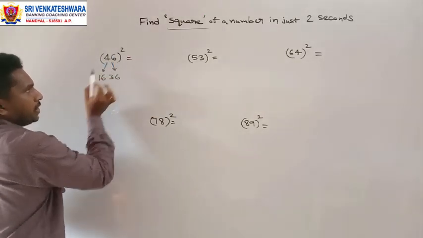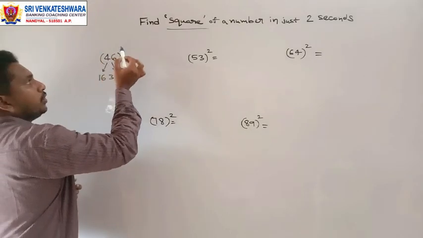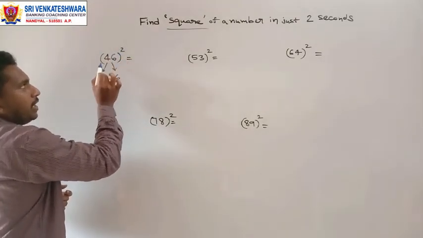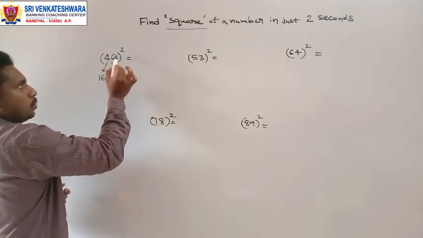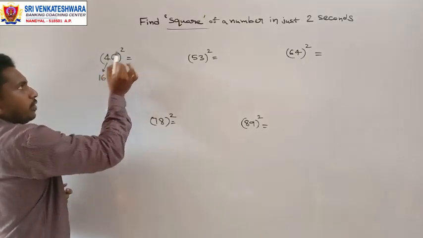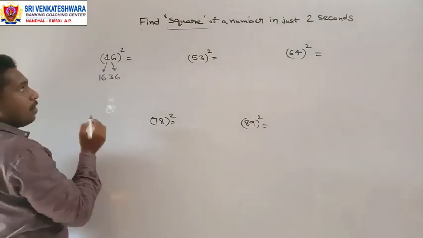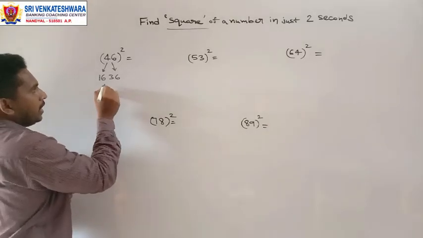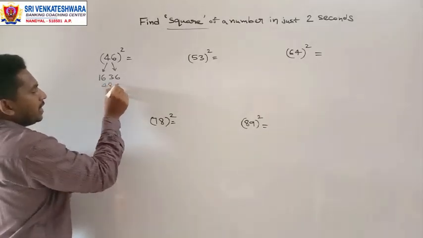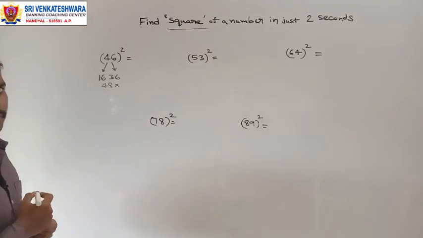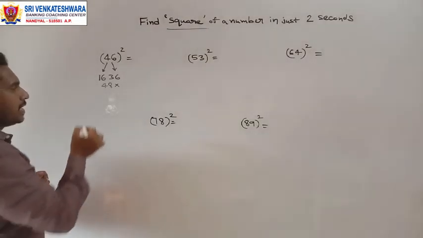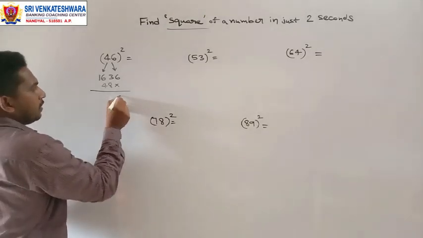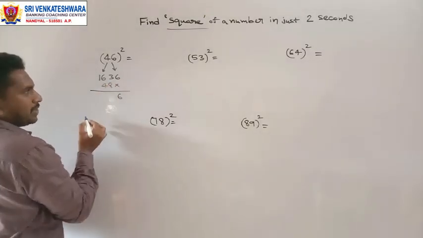4 into 6, 24, into the power 2, right? So you have to multiply it with 2 again. 4 into 6 into 2, 4 into 6, 24, into 2, 48. And whatever the product that you get here, that you have to write here. So 48, by leaving an empty space at the units place. Like this you have to write, and you just have to add so that you will get the answer. So just after adding it will be 6, 8 plus 3, 11.